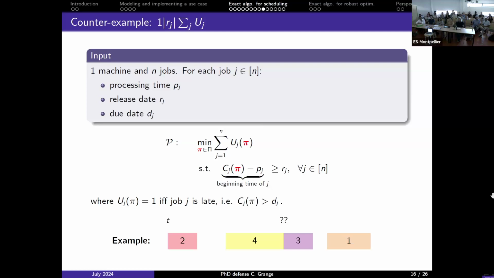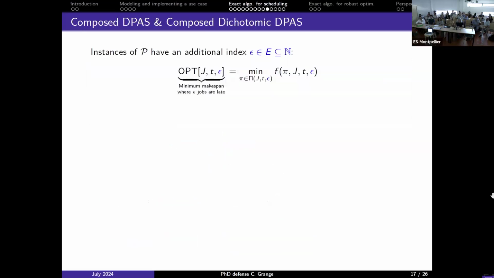And here we have a problem. We cannot use the previous properties because we don't always know the starting time of the second permutation because of the release date constraints. Because here we can have blanks, and now the starting time of the second permutation depends on the optimal solution and not only on the set X that we are looking at for the first permutation. So this is why we had to define another dichotomic DPS